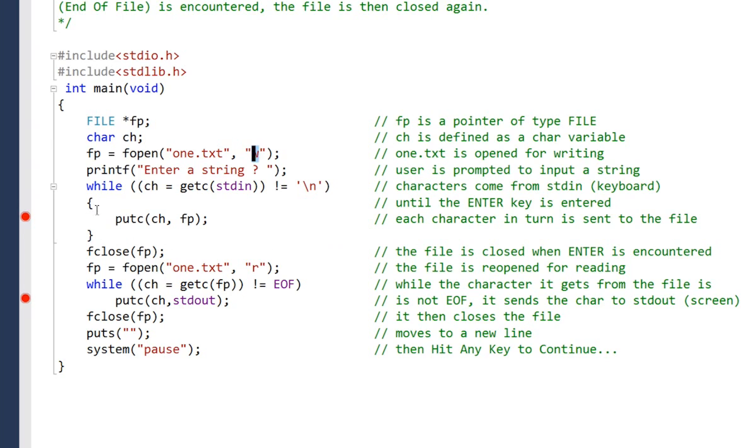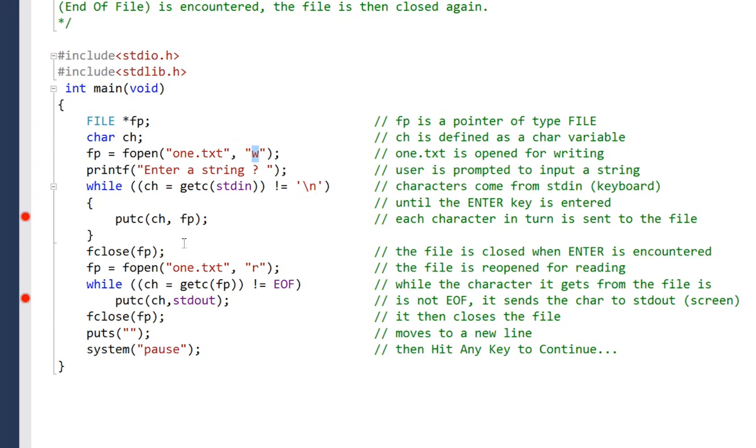Now if we take a look at the loop that we've got here, we're taking a character from our standard input. Standard input is our keyboard buffer. If you look at the code, you'd think it's grabbing a character, checking for this, and then putting it into the file, getting a character, doing this, and so forth, but it's not. What it's going to do is fill up the standard input buffer, and when the buffer is full, then it's going to put each character individually, every time through the loop, into the file itself,